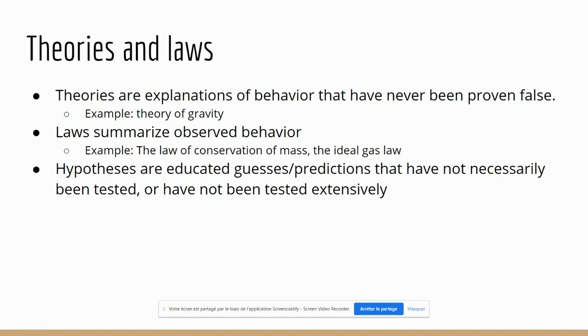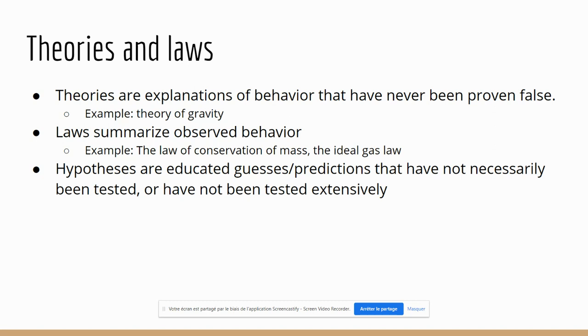So within this course, we will be talking about different types of theories and different types of laws. And I expect that you've seen this before in biology as well. So I just wanted to do a quick recap of those theories. These are explanations of behavior. You cannot prove them true because they are ideas. So for example, the theory of gravity is that things pretty much fall to the earth because of an intrinsic force. And so while you can show that things fall to the ground, that does not prove that there is an intrinsic force. So theories have no information to prove them false, but you can't prove them true because they are ideas,